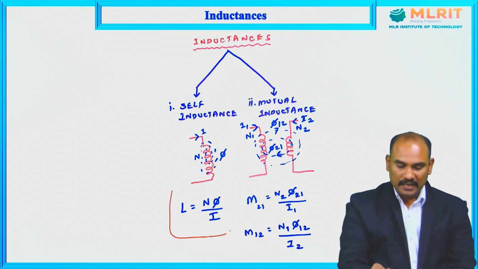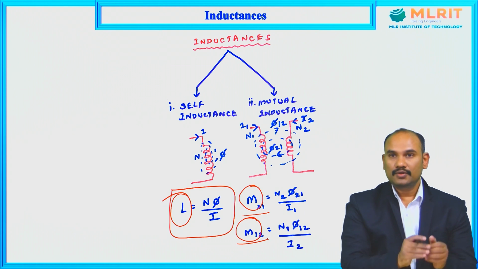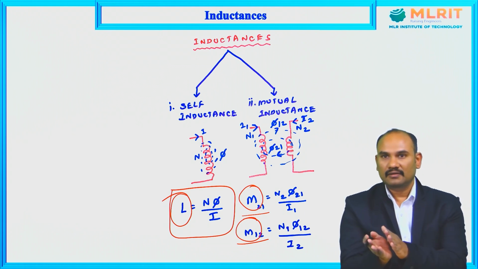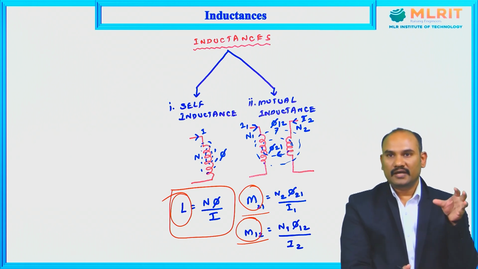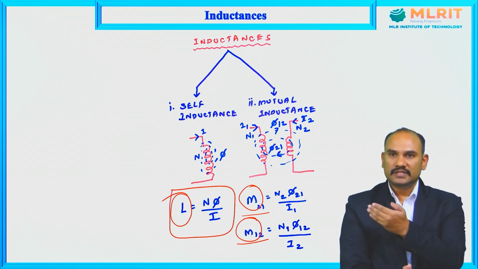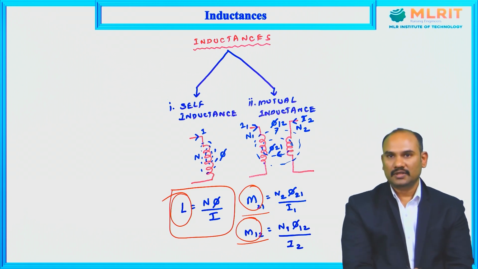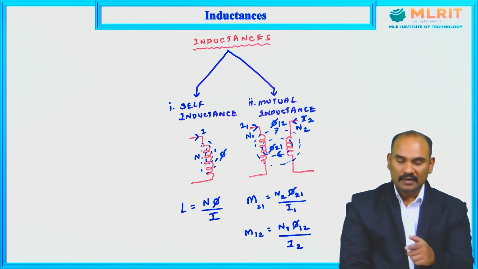Now, L stands for the self inductance, M stands for the mutual inductance. I have written two M's. Reason? Mutual inductance between the first coil and the second coil, and vice versa, mutual inductance between the second coil and the first coil. As I told you, if the magnetic field that is produced in the first coil is linking to the second coil, the magnetic field produced in the second coil can also link to the first coil. This is two-way. That's why we say mutual. Of course, we are dealing with inductance, but it happens in a mutual manner. So we say mutual inductance. That's why we have two M's, M21, M12. But whereas L, it is only one.